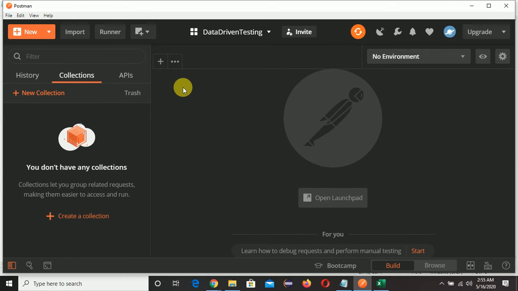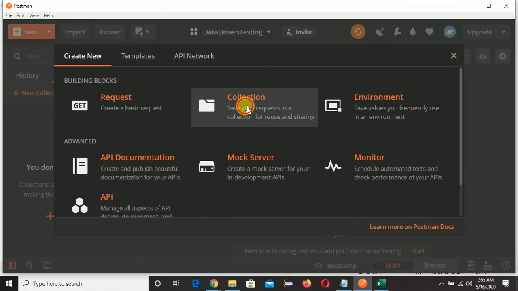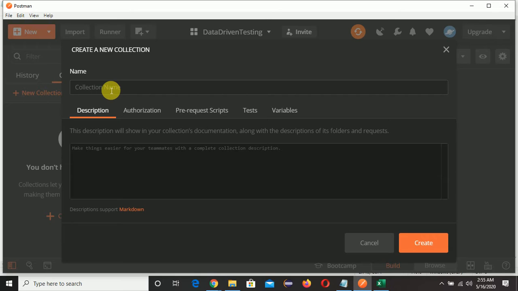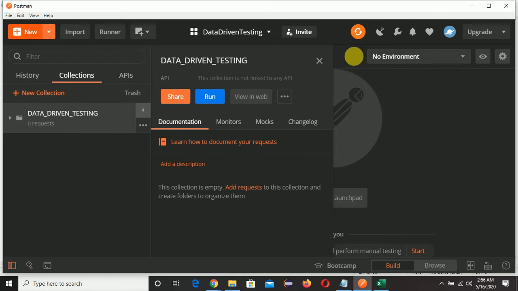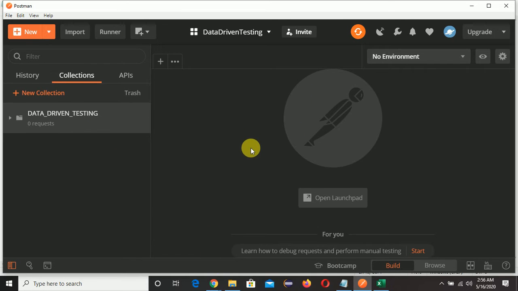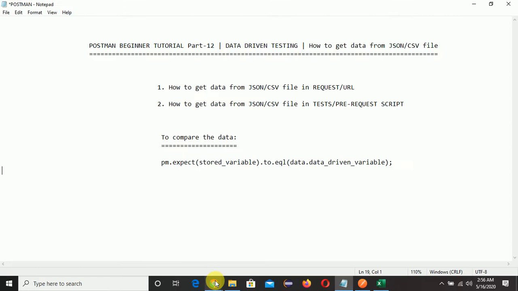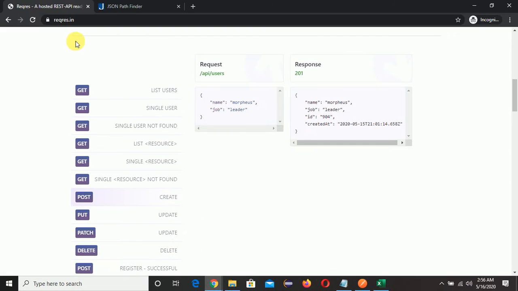Now we need to create one collection. For that, just click on new, click on collection, and give the collection name data driven testing, and click on create. Now we need to create one request. In the previous video, I told you about one good website called reqres.in. Inside this website, you will get a free API.